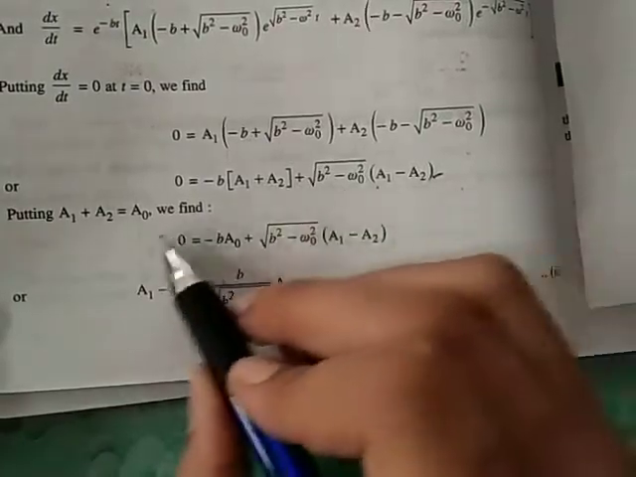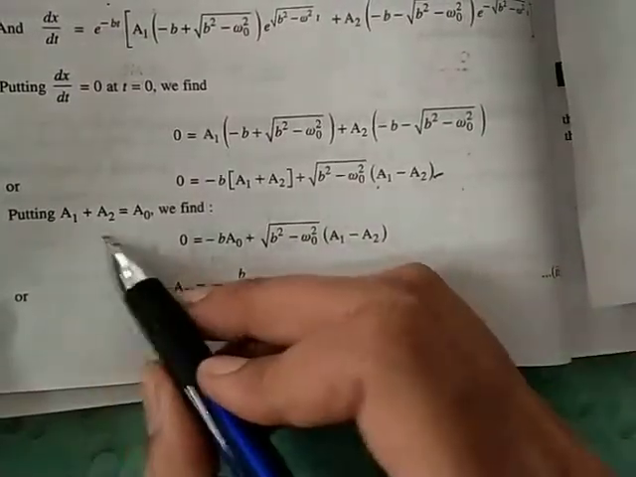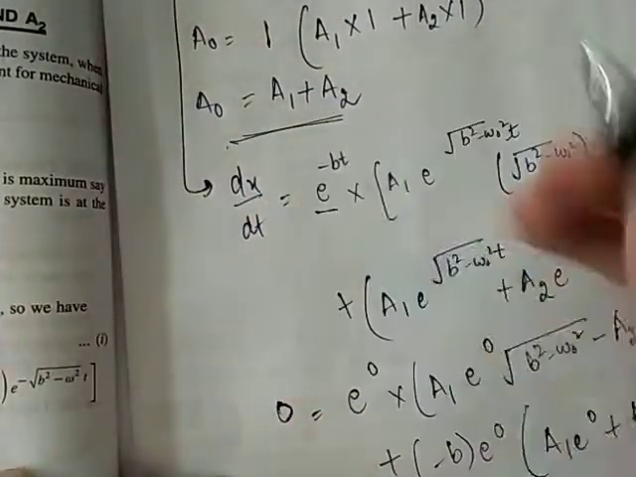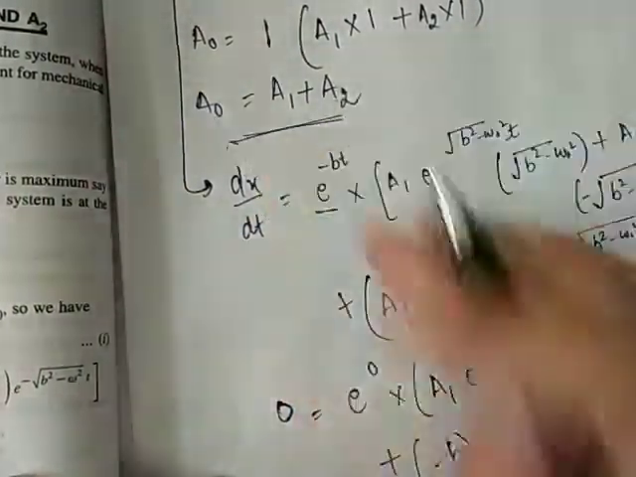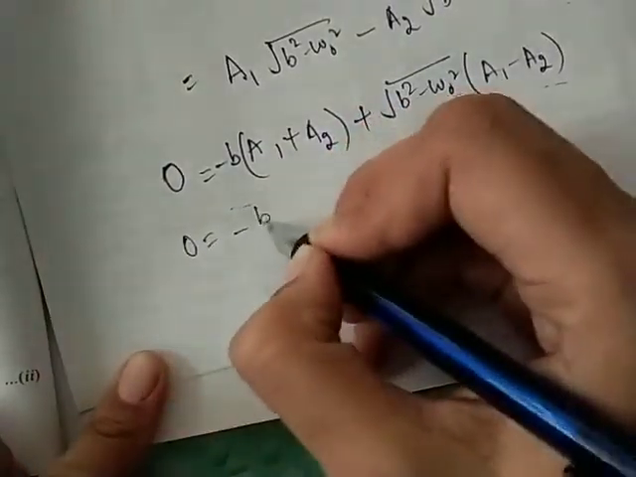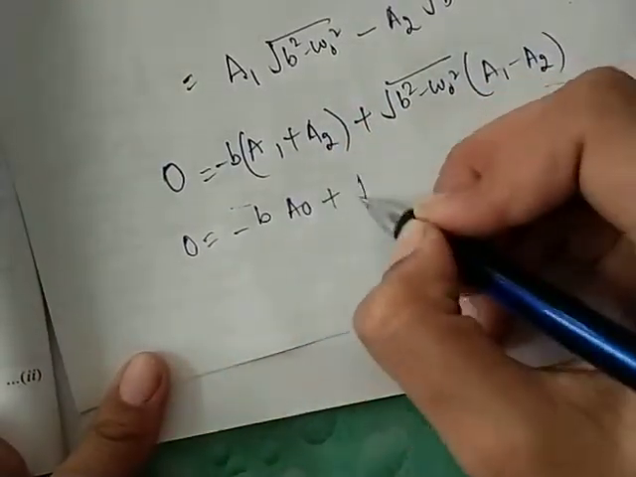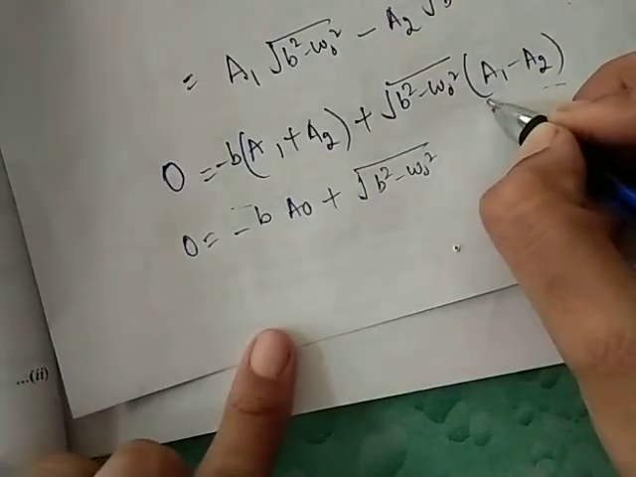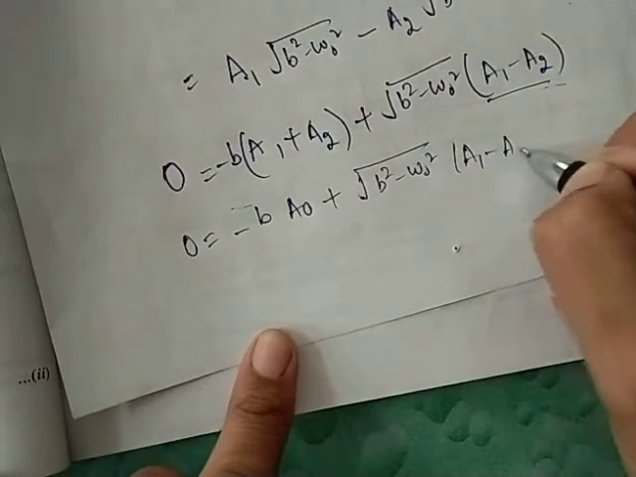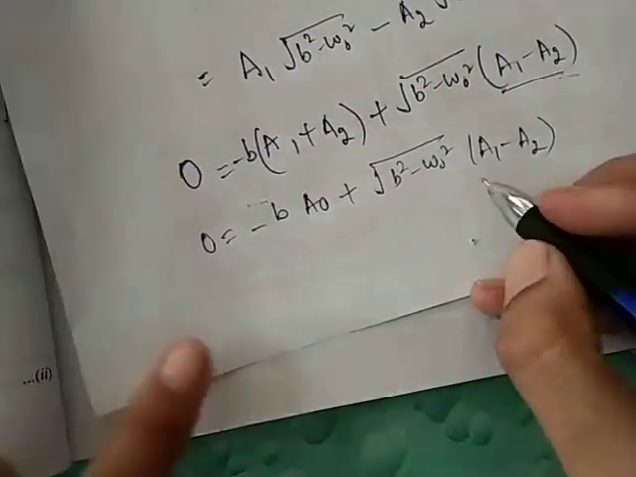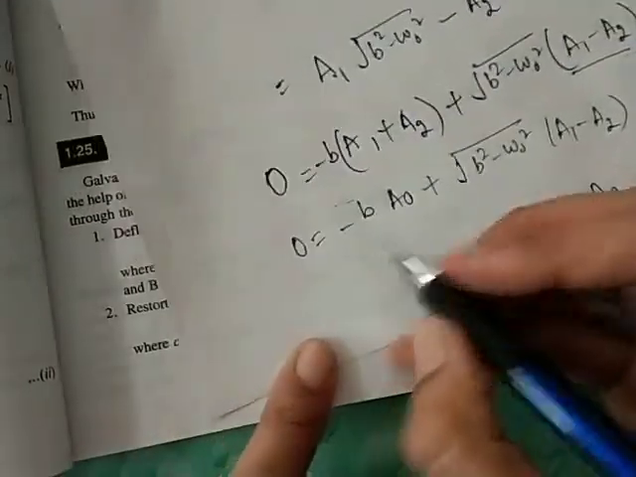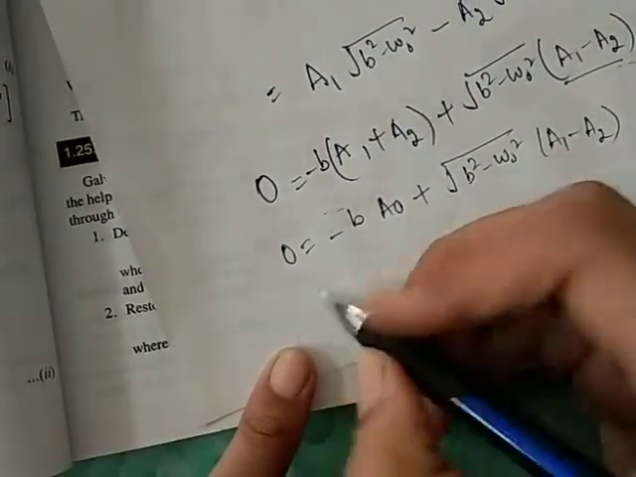We also have a1 plus a2 is equal to a naught. This is the earlier equation that we have derived. So a1 plus a2 we can fill here a naught. So I will have minus b a naught plus under root b square minus omega naught square, and I can write here a1 minus a2 as it is. So I am having a1 minus a2 is equal to, this I am getting on the left hand side,